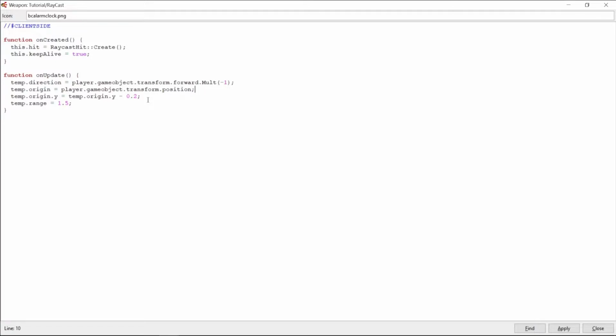Now what we really want to do right here is create a continuous raycast. It's going to happen on every single frame, and it's going to check right in front of the player if there is an object. And if there is an object, we're going to say that yeah, this object is in front of me. You can imagine, for example, having a God mode for the player, where every object in front of him will be destroyed, or every object in front of him will start to glow for 2 seconds. Really, this is what the raycast can do. It's going to tell me that this object is in front of me. So, to do that,